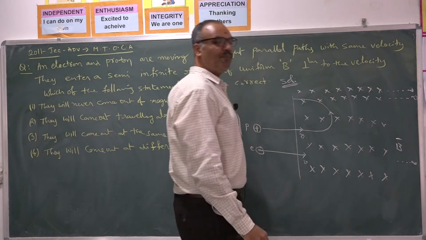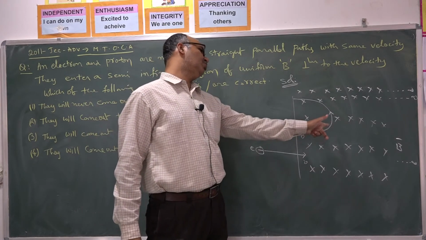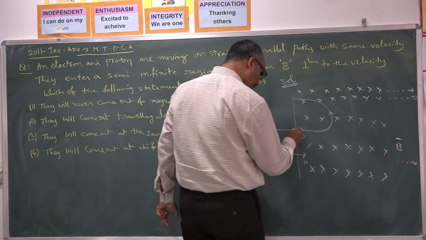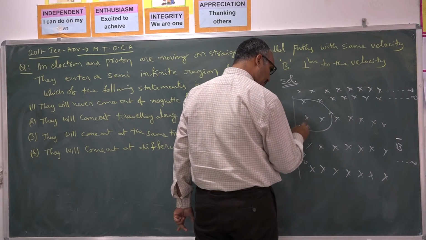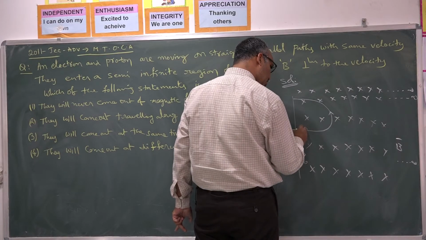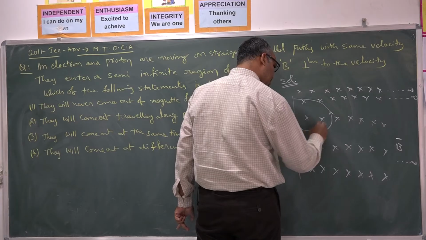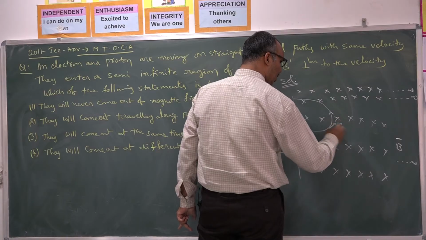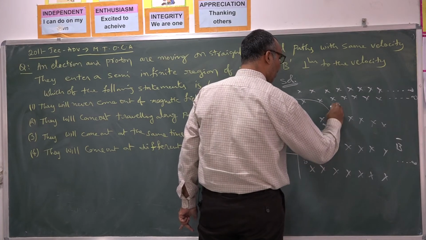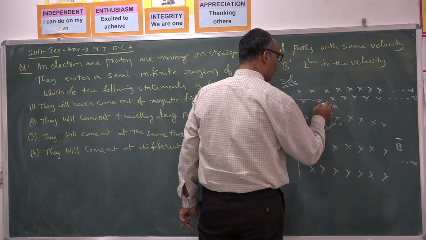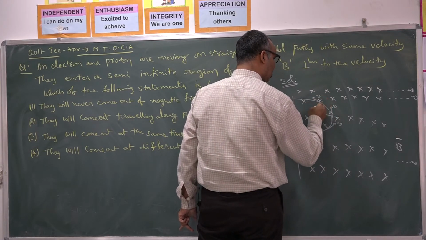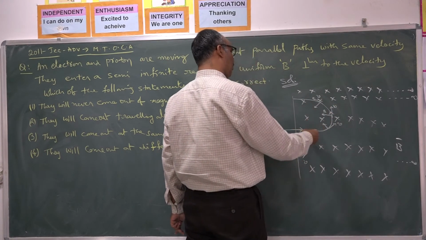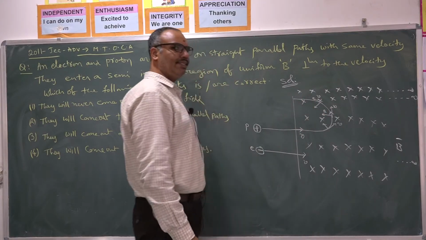One student asked me, why sir, why should it execute a circular path here? Always remember, while it is entering exactly perpendicular to the field, it experiences a force in the upward direction. So it will go a little bit upwards, and suppose at a particular moment it comes here, the velocity is like this, the magnetic field is here, the force is like this. As the velocity is continuously changing, the force due to the magnetic field also changes. And finally, the proton will execute a path like this.